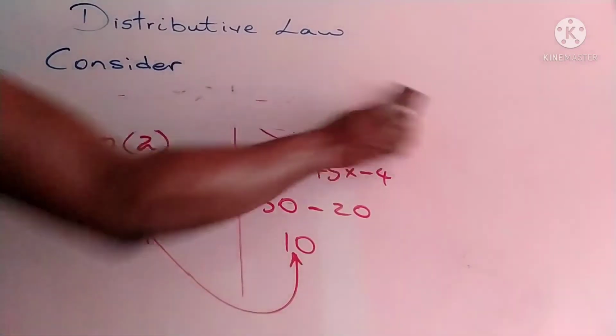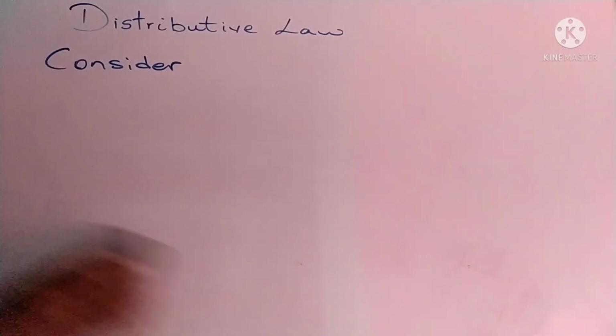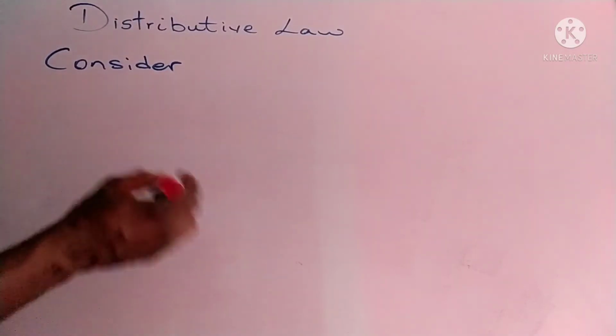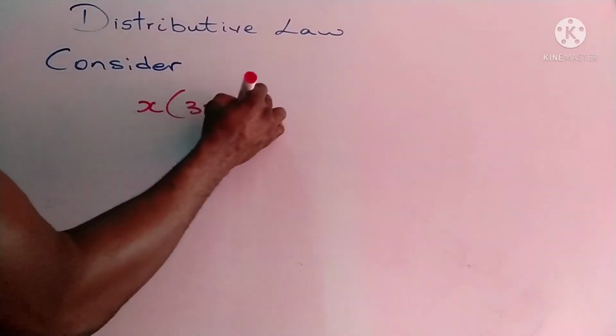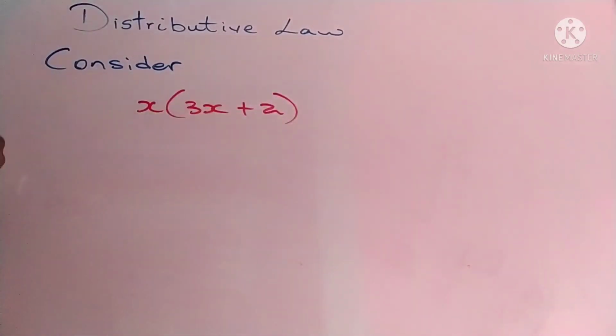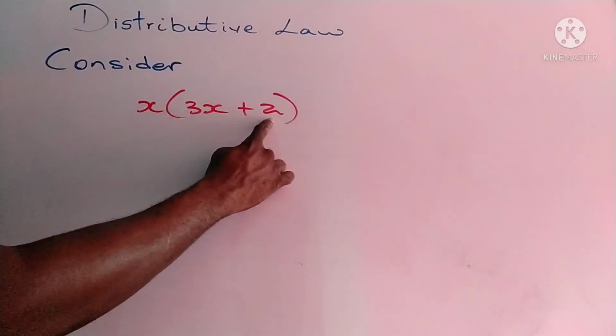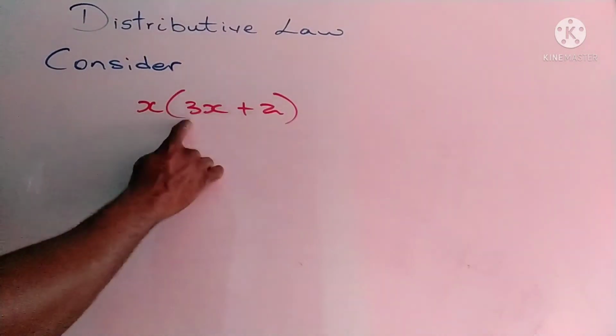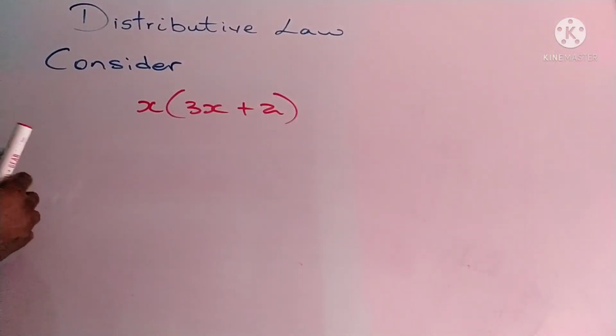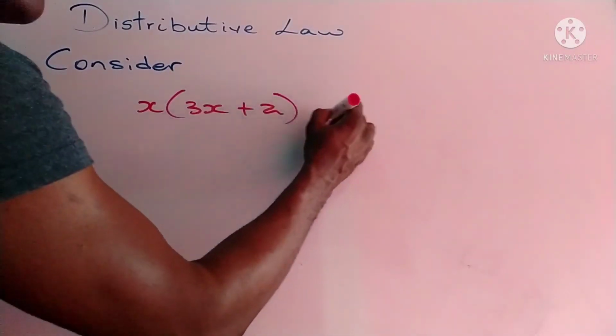What do I mean? All right, let us consider x, open bracket, 3x plus 2. Definitely these are unlike terms, which means that we won't be able to add them together because they are not alike. But if I want to simplify this,